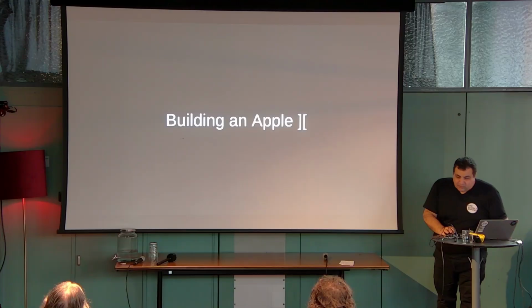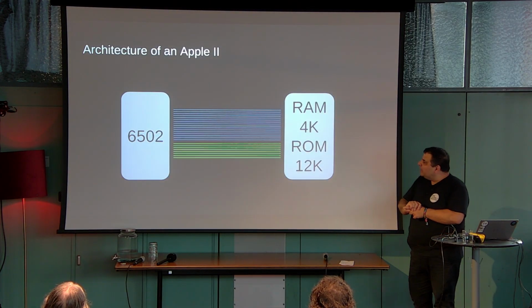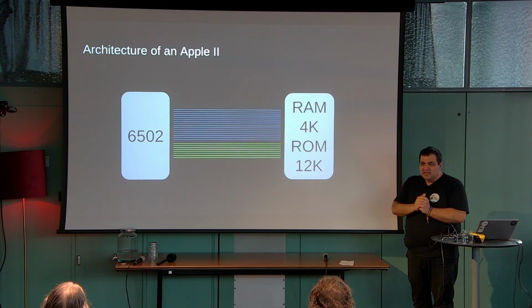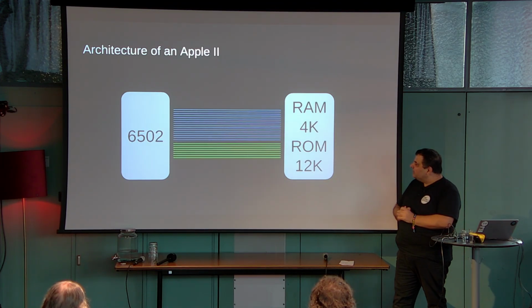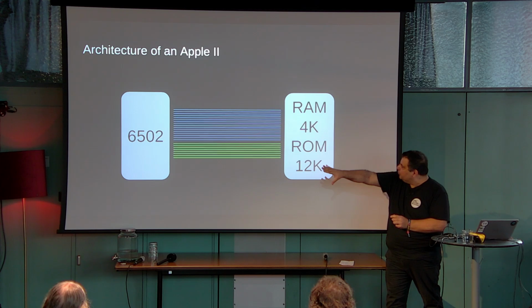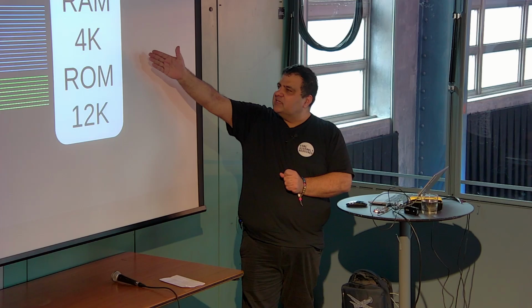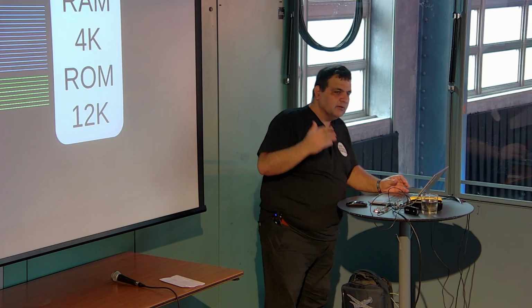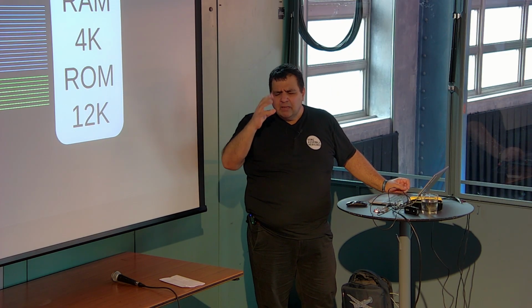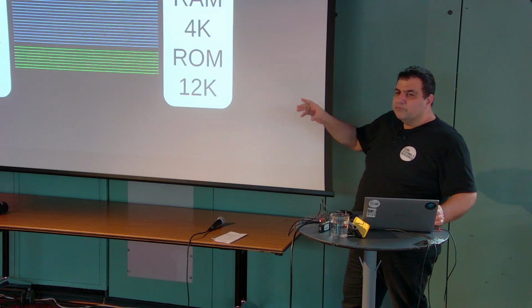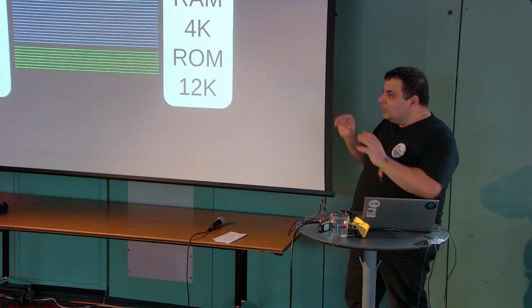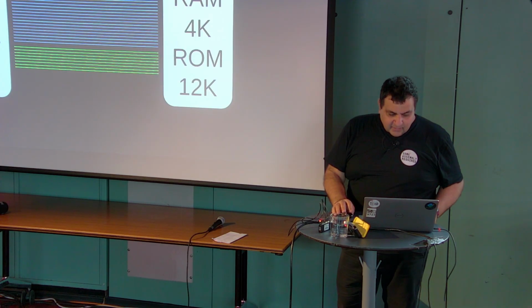Let's talk about the Apple II. Remember, we only have 40 kilobytes of RAM. But ROM is also the same resource. It's the same BRAM as the RAM on the FPGA. So essentially, we have the 6502, and we get 4 kilobytes of RAM and 12 kilobytes of ROM. Now, all we have to do is download from the internet the ROM for the Apple II, take it from a computer we definitely own, load it into the design, and lo and behold,